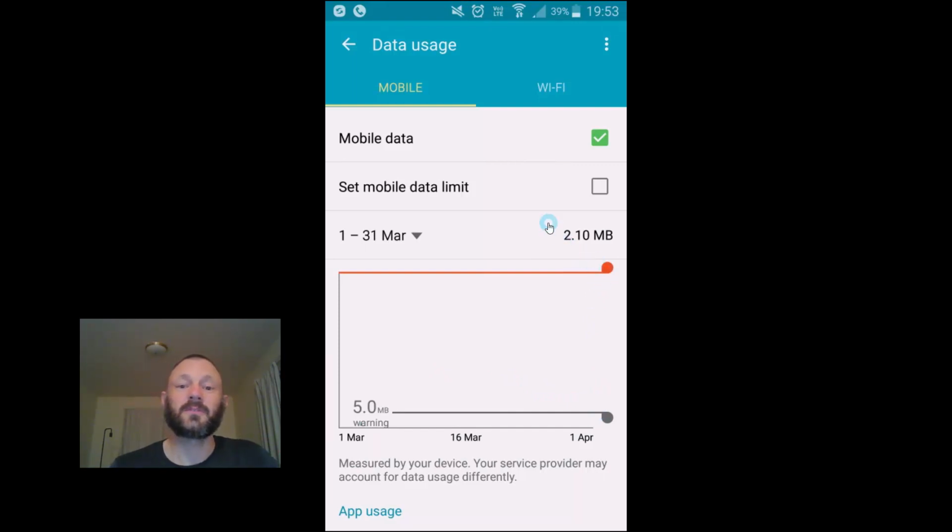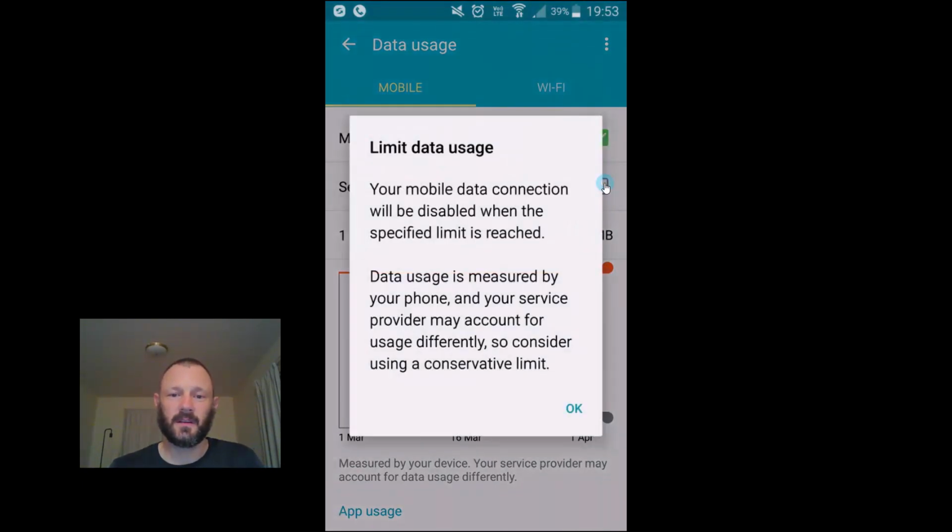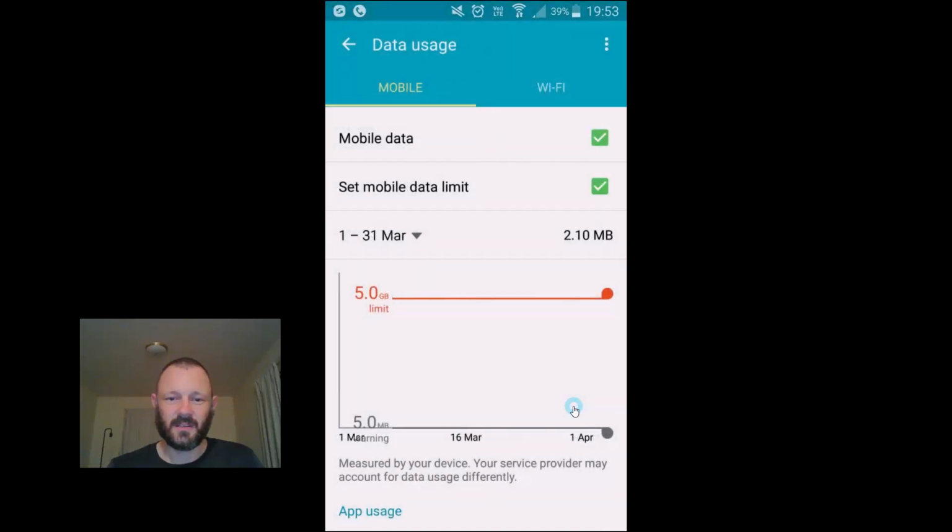Now the other thing you can do to actually stop it from downloading anymore is set mobile data limit. You get a big warning saying that your mobile data connection is going to be disabled when a limit's reached, which is obviously what you're doing it for in the first place. So just hit OK. Now, because I've got 1 gig, I'll bring that right down, and I'll usually put about 300 megs,